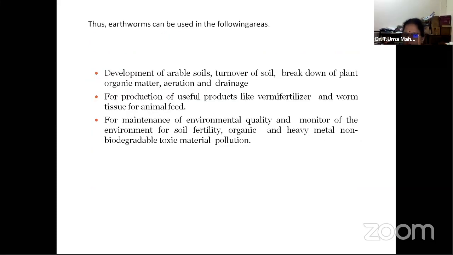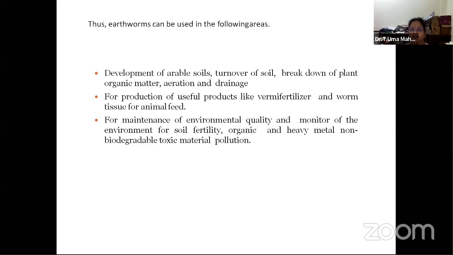What type of earthworms do we generally see? As I told you, whenever rains come, many earthworms are seen passing on the roads or soil. Those are used for bioremediation, because when the soil is rich in harmful heavy metals like lead, and the earthworm feeds on the soil, through its alimentary canal or gut it excretes excreta which has less of the heavy material, as it is absorbed by the alimentary canal.